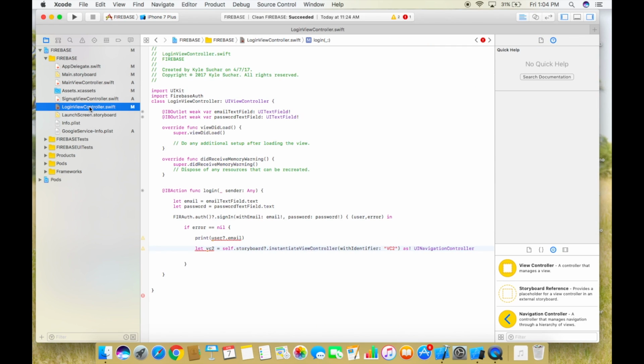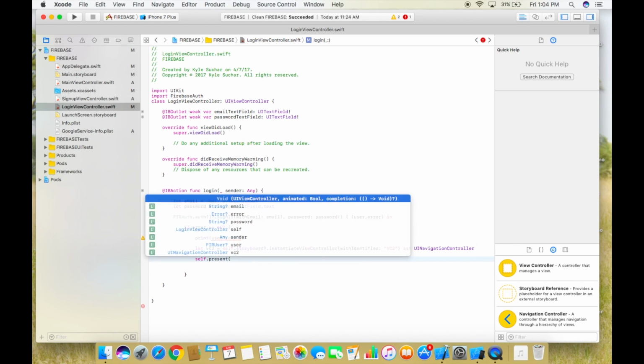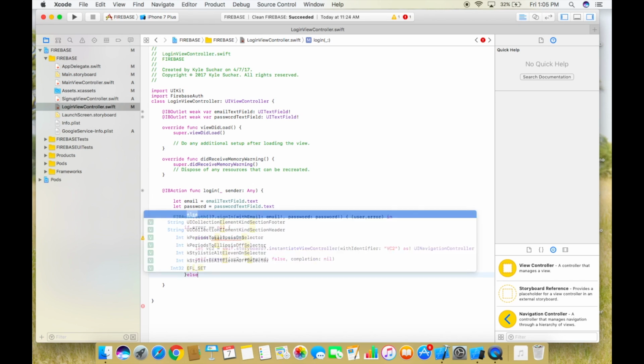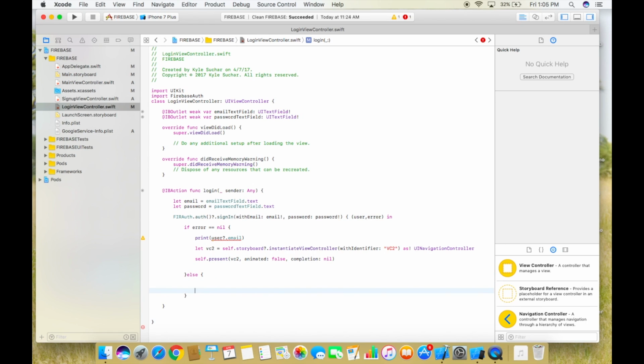So let's go back into our LoginViewController.swift, and then after we establish the variable, we need to say self.present, and inside of here we need to say vc2, animated is going to be false and completion is nil, like that. And then right here we need to also say else, and then we would just say print failure,